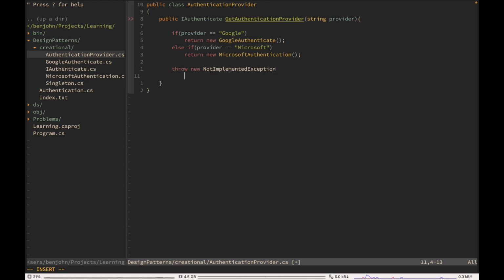And this is actually not clean code. We are just doing this for the sake of this tutorial. And let's just say that the provider is not